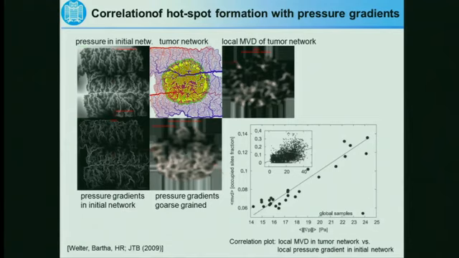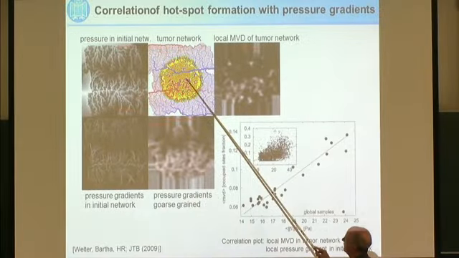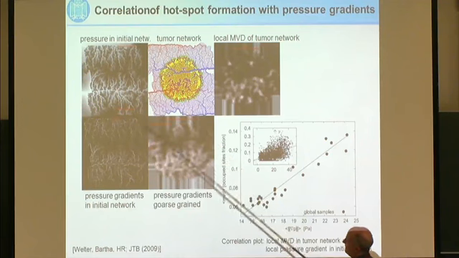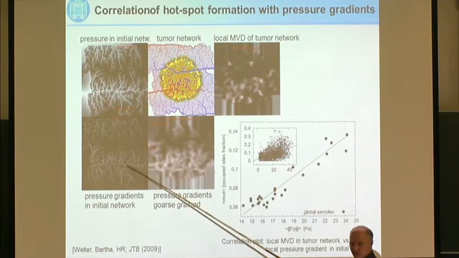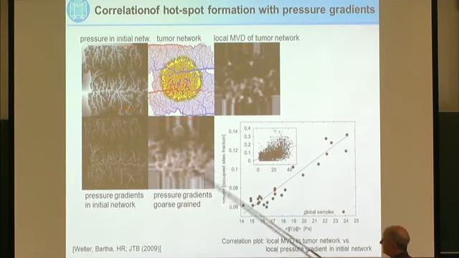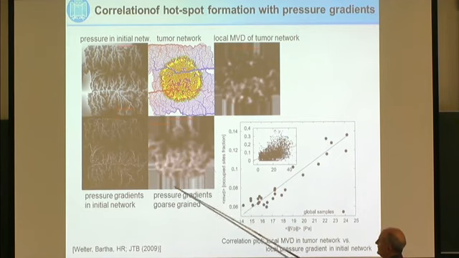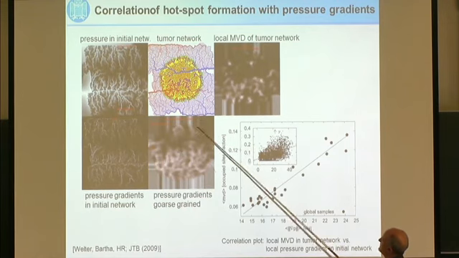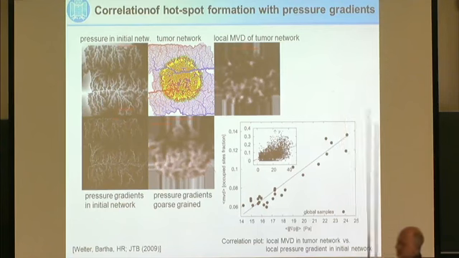We find that the hotspots, the increased spots or locations or clusters of increased vessel density, are correlated with the pressure gradients of the initial network. When you coarse-grain this picture and calculate the pressure differences, this region here has high pressure gradients, and this here lower pressure gradients. And that makes sense, because